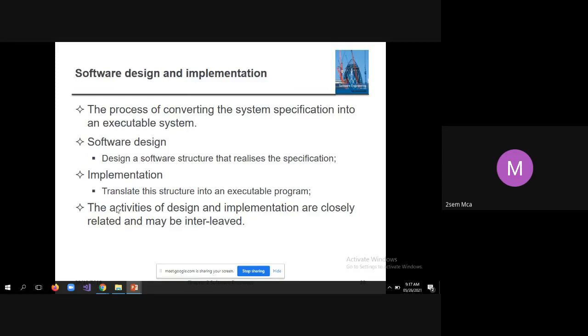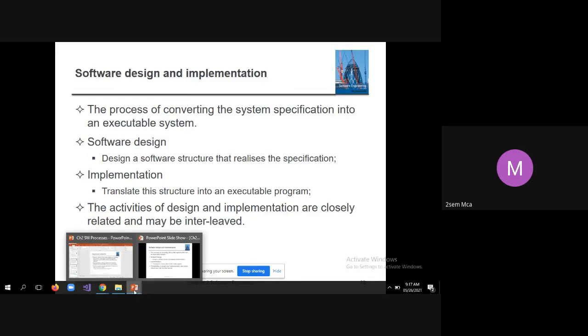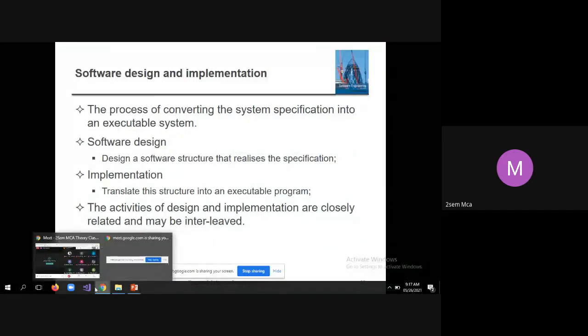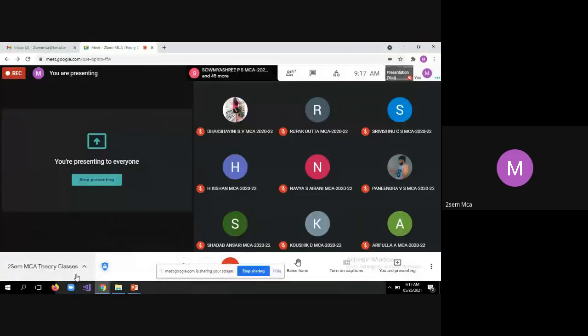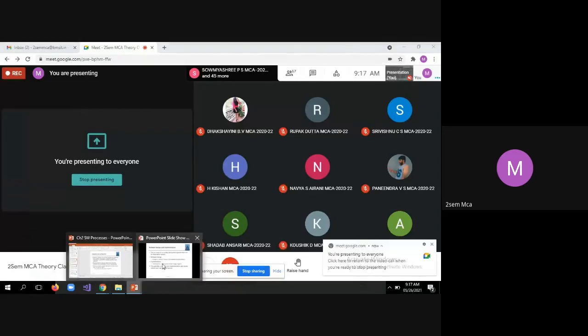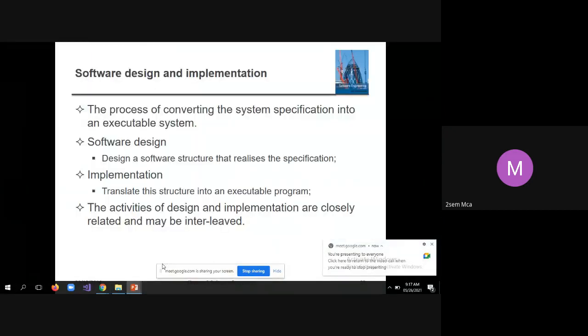Then once you develop the software, you check for its correctness. That is also validation. You cannot say that validation is applicable only for the source code. Therefore, validation is applicable for the SRS document, the system design, and also the source code. You need to understand that.